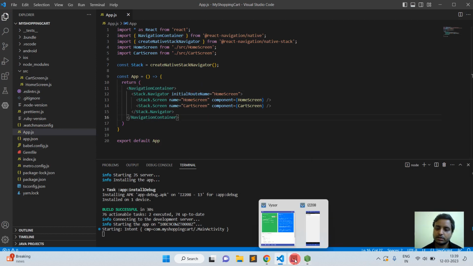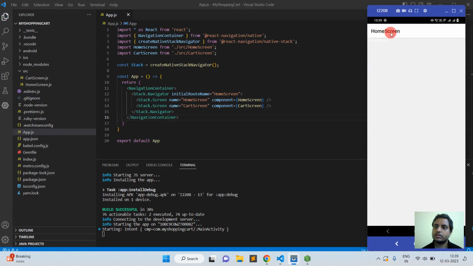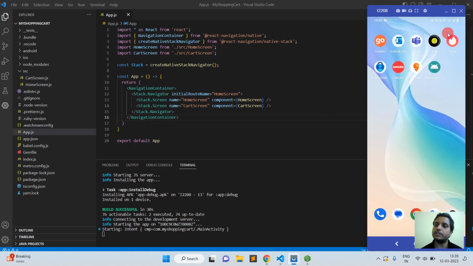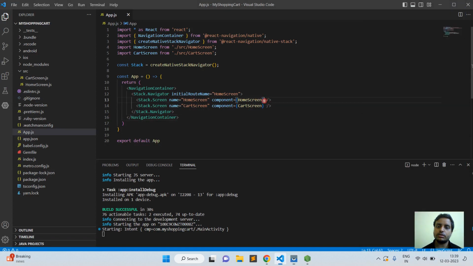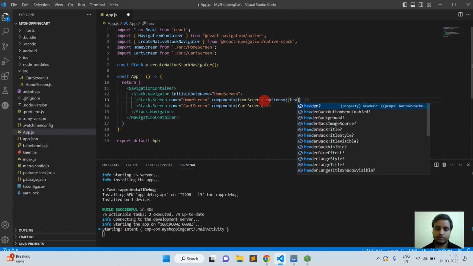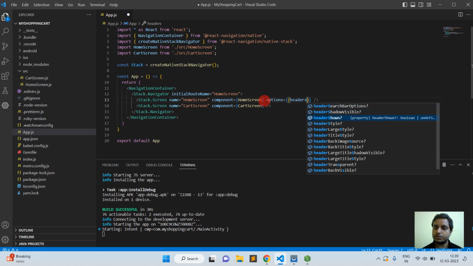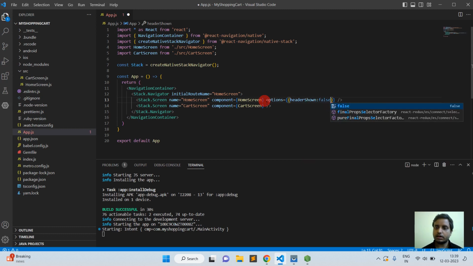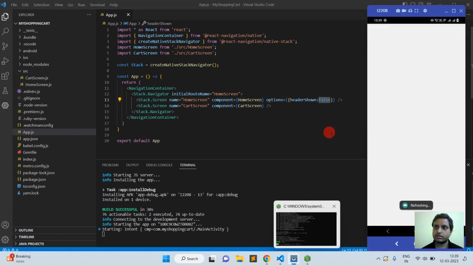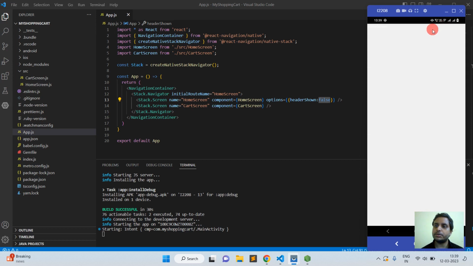Okay, so in the home screen I don't want to use this toolbar. Okay, so I'm going to hide this toolbar. So just go here and write options, and the headerShown option is there, and we will have to set it to false. Okay, so the header will disappear from here. Okay, and